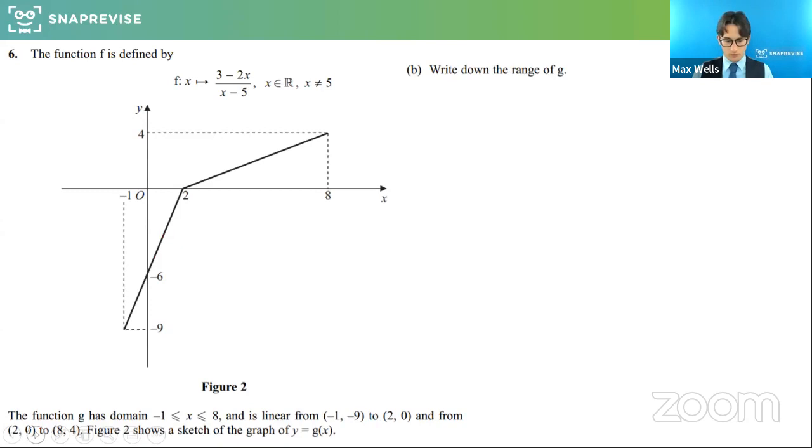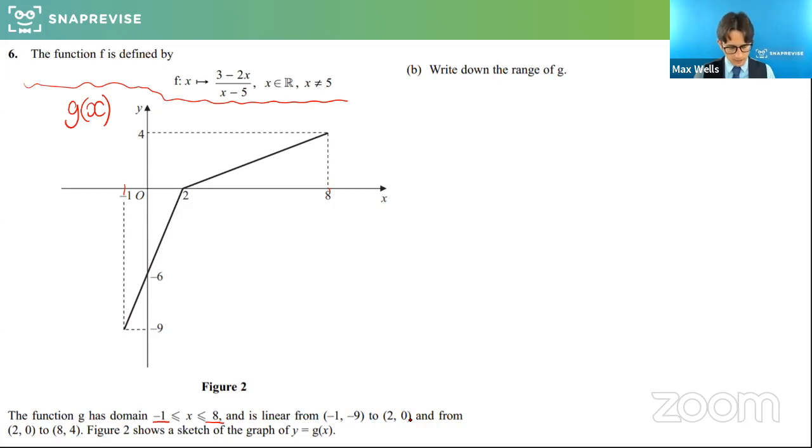Now, this is an interesting one. This is part of the question we've just done, except this function here is a completely different function. This is the function they're calling g. This is g of x that's shown here, so that is not what that f function looks like. The question says the function g has domain from -1 to 8 inclusive. So it goes from -1 up to 8 and is linear from (-1, -9) up to (2, 0),